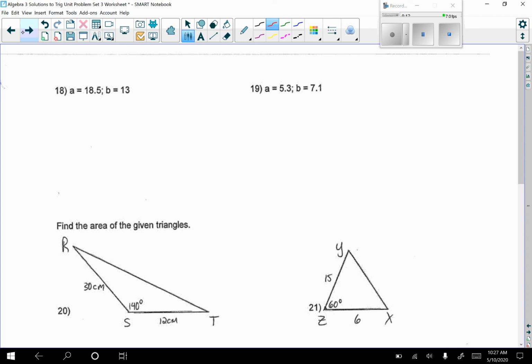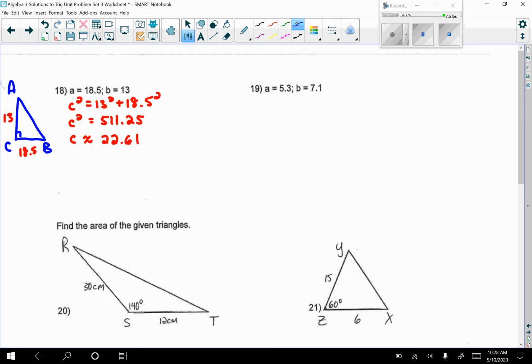All right, so two more where we're just given the sides. Going to go ahead for number 18. I already have this drawn in now. So we need to find our hypotenuse. We'll say c squared is equal to 13 squared plus 18.5 squared. Totaling the square of those two numbers will give us 511.25. Taking the square root here, c is approximately